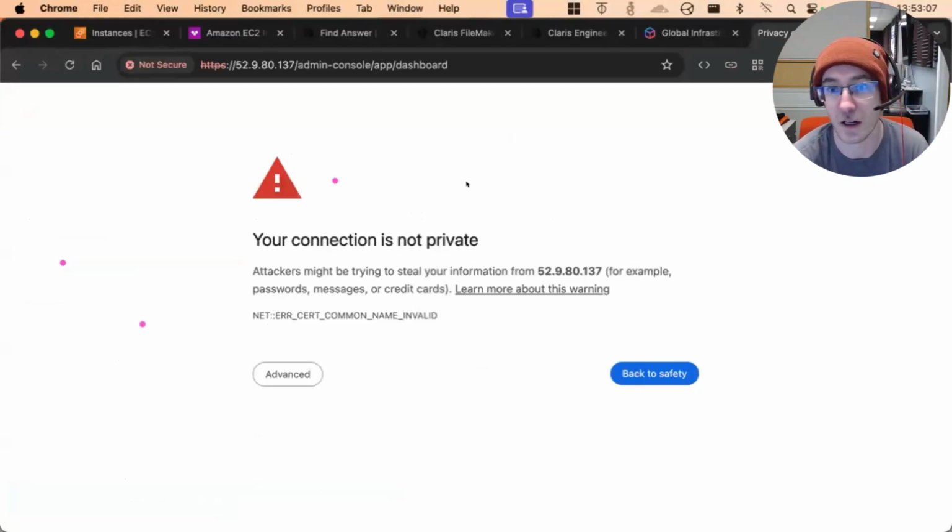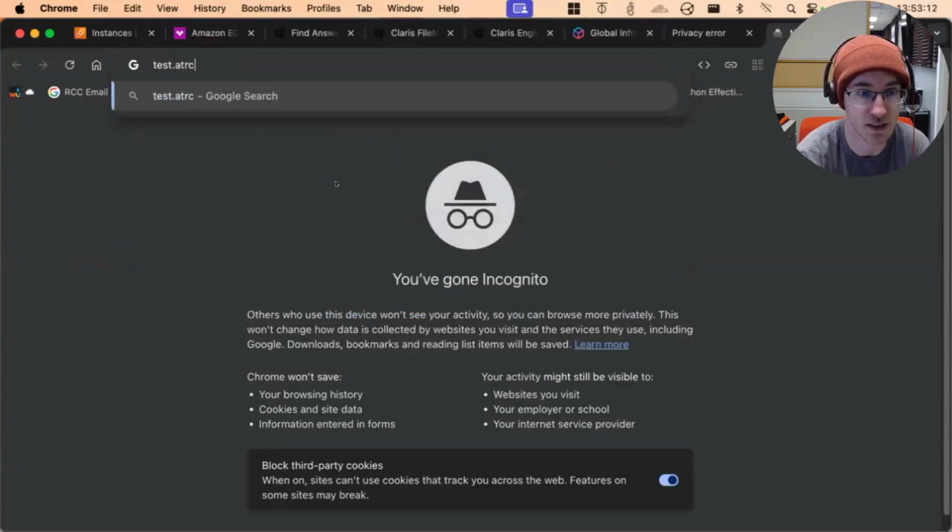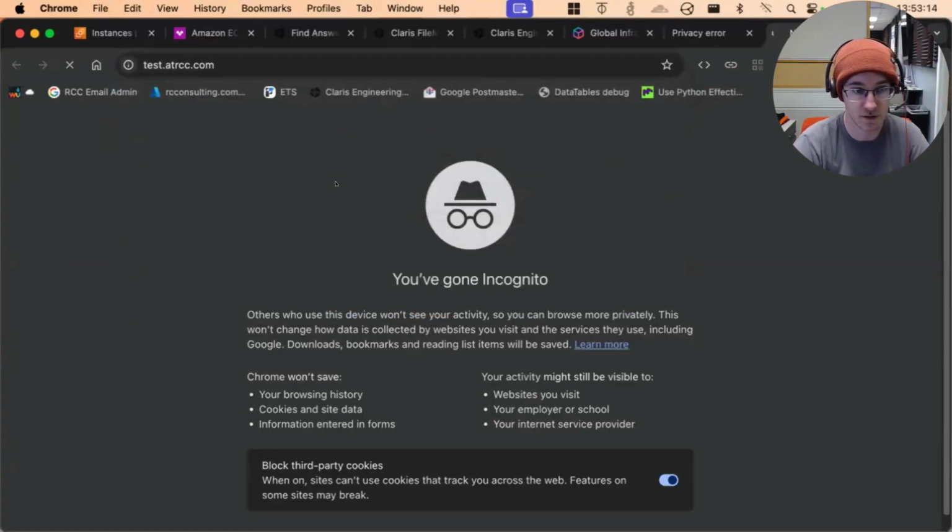We're now waiting. We're actually, let's see, what did I do? Did I do test.rcc.com? I think that's what I did. See if this works. I'm guessing. We have a question while we wait for the spinny wheel of joy. Does Let's Encrypt work for Windows? I don't have a good way to answer any of those questions.